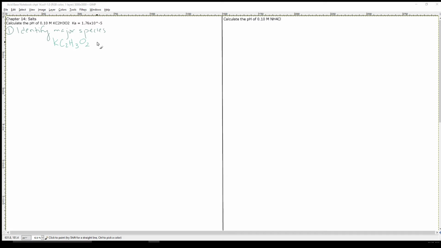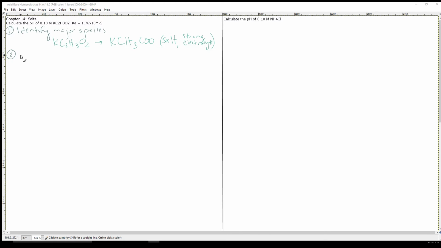KC2H3O2, which I'm going to point out is just potassium plus our acetate polyatomic. Let me just make sure I got that right. 2 carbons, 3 hydrogens, 2 oxygens. Yep. Okay, and we know that this is a salt, which means it is a strong electrolyte. Okay, cool. So now that we've done that,